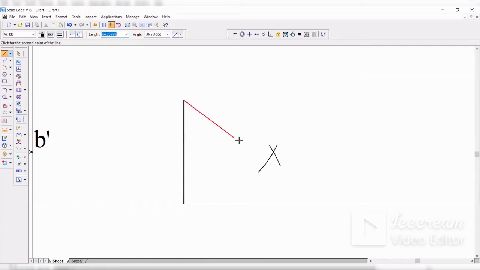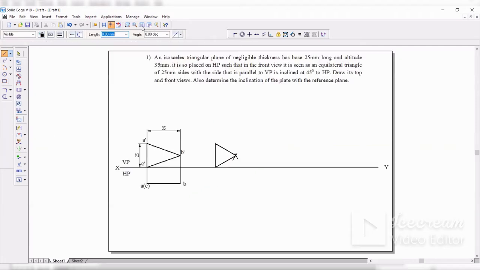Now I have clicked on OK. Now I'll come back here. I'll wait for the symbol. Now you can see the cross mark over there. So that is the representation of the intersection point. So click on that, then click on the end point. So you have got the intersection triangle now.